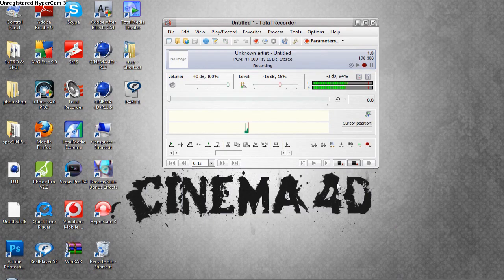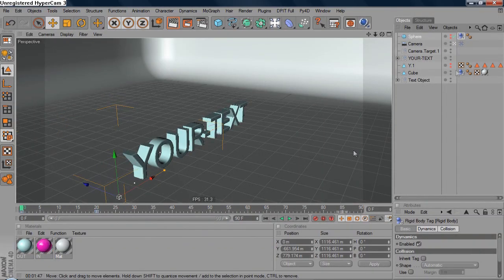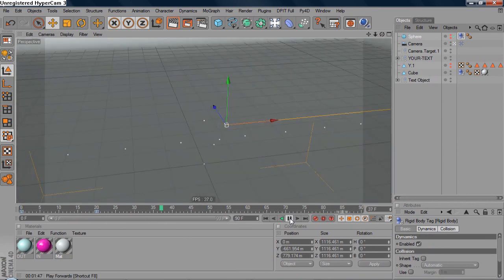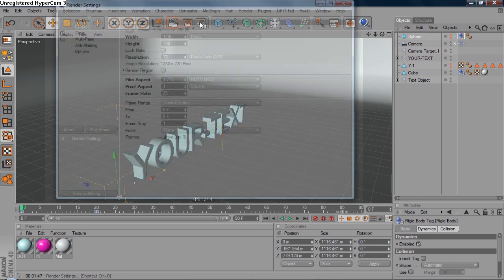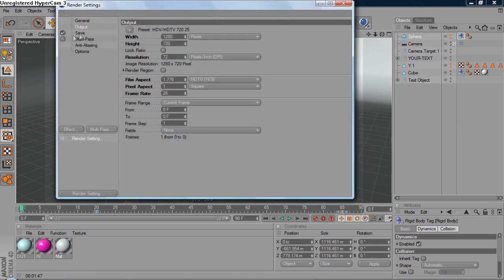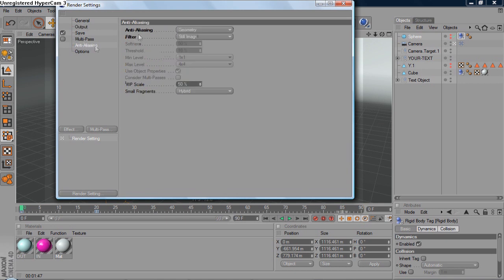Here we go. We're back to tutorial part 2. So let's jump back and hit play again and make sure everything is set and looks good. Alright, looking good. Now let's go to the render settings and make sure you select anti-aliasing or something. Sorry guys, my English is not that perfect. And set the geometry to best and still image to cone,